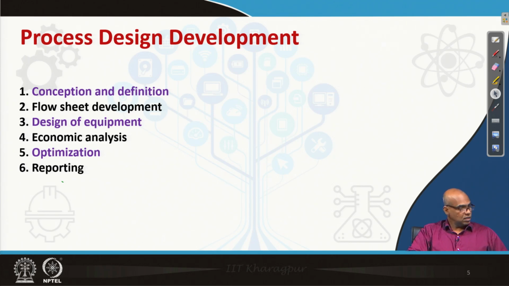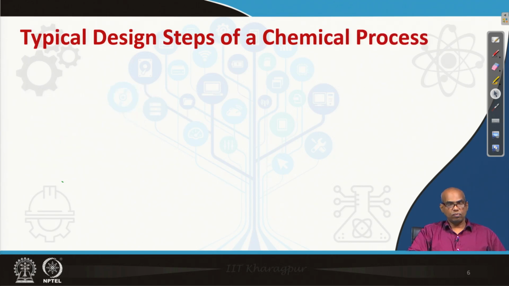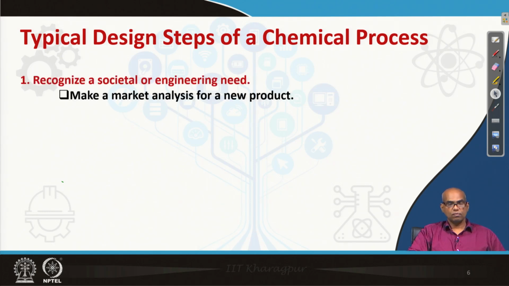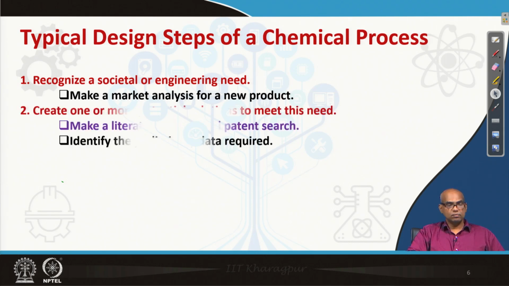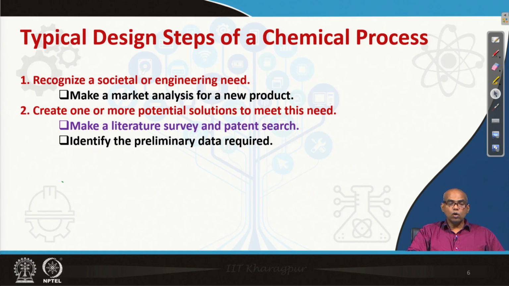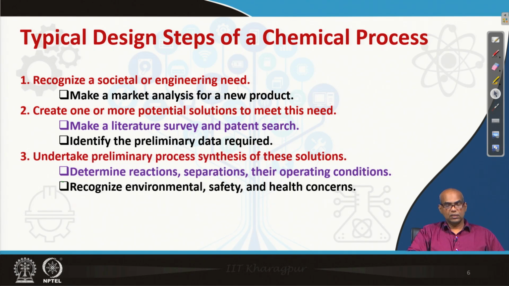Now, we see these design steps in more detail. So, what are the typical design steps of a chemical process? First, recognize a societal or engineering need. So, make a market analysis for a new product, create one or more potential solutions to meet this need. Make a literature survey and patent search, identify the preliminary data required, undertake preliminary process synthesis of these solutions,